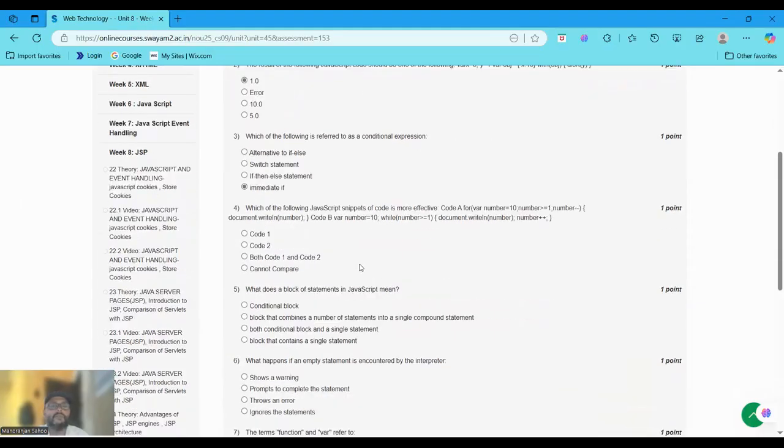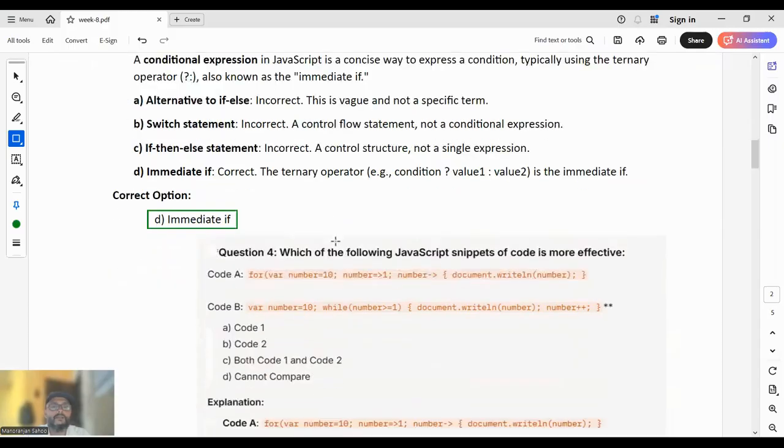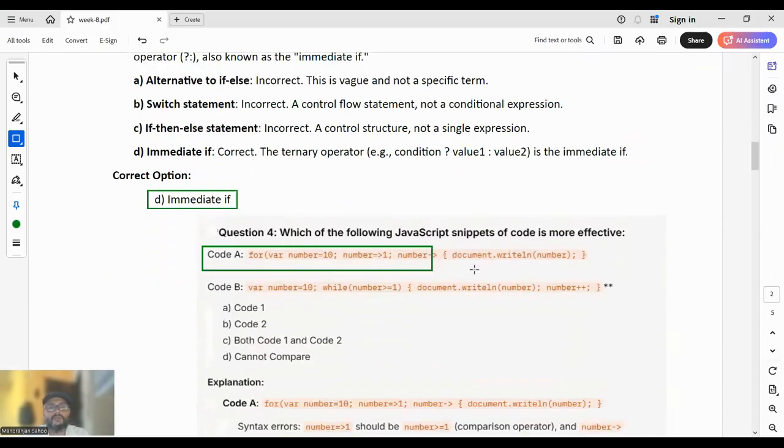Now moving to question number 4. Which of the following JavaScript codes is more effective? Code A and code B are given. So here we cannot compare. So option D, we cannot compare here properly, because you can see here in question number 4, this is the code of the A option which is mentioned in the